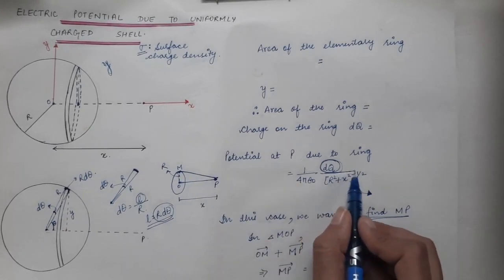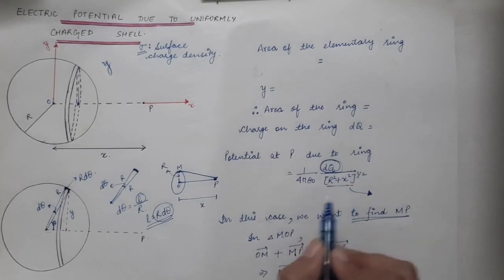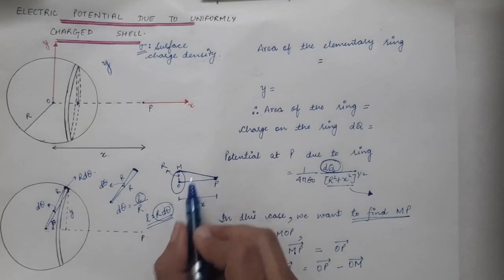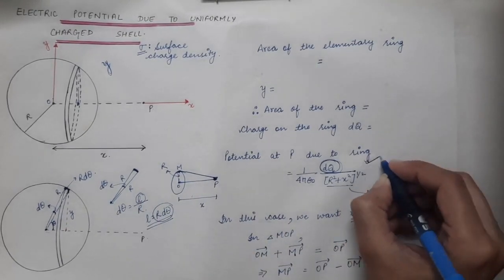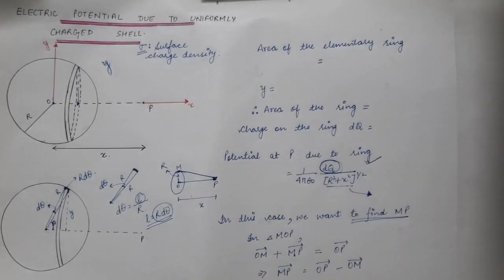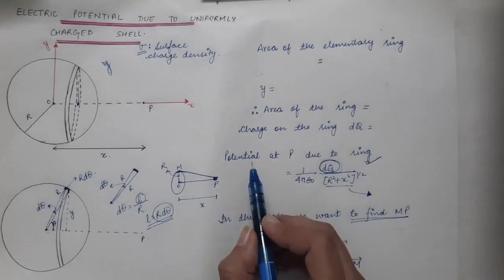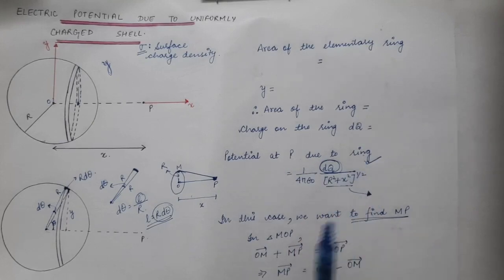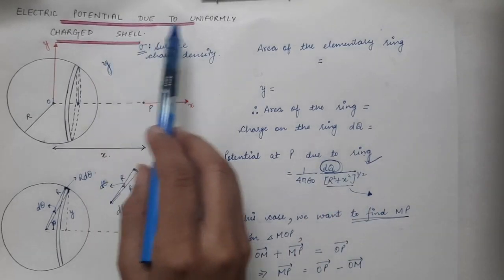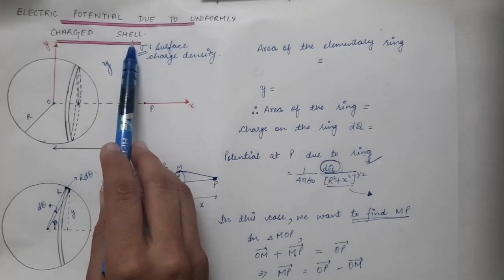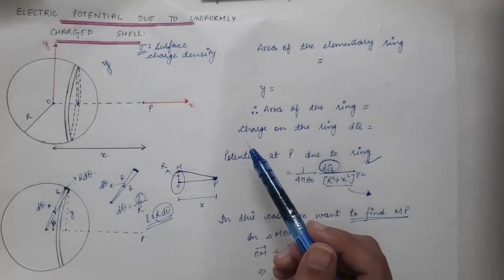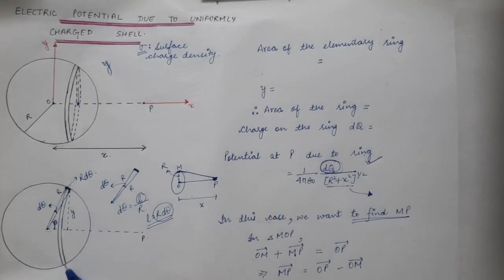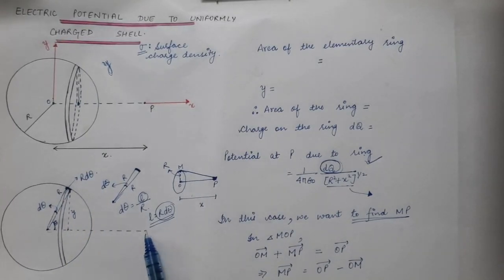So we have divided this whole fraction by the hypotenuse, which is nothing but equal to MP length. So that is (r square plus x square) power 1 by 2. This was the formula that we had seen in the previous lectures, that gives us the potential at any point due to a ring. So here also we have divided the uniformly charged shell into an infinite number of elementary rings. First of all we are going to find the electric potential due to this ring on this observation point.